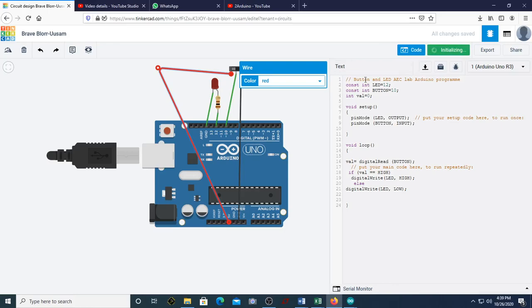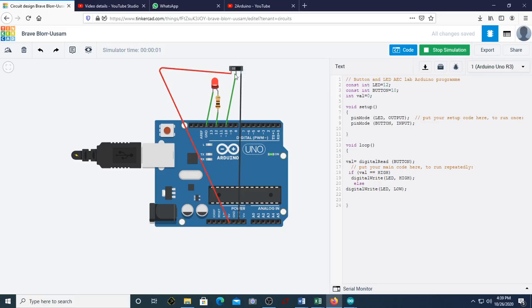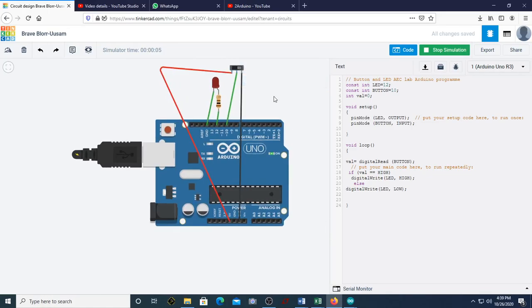I can run it here. You can see since the switch is on the high side, it's turned on. If I make this go to the low side, now we can see it is off. This is off because I have made the switch go towards the low side. Now it is not blinking on and off. As long as it is on this side, it will be turned on. As long as it is on this side, it will be off. That's what it says. Now this is reading the value of the switch as 0 or low, so that's why the LED is off.